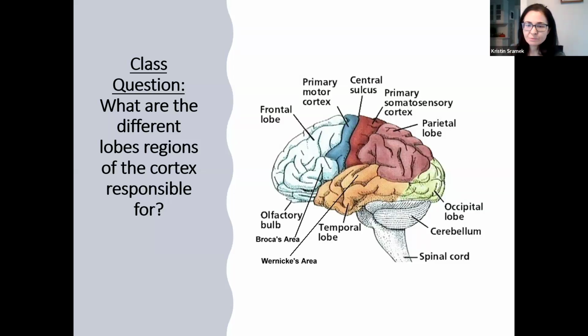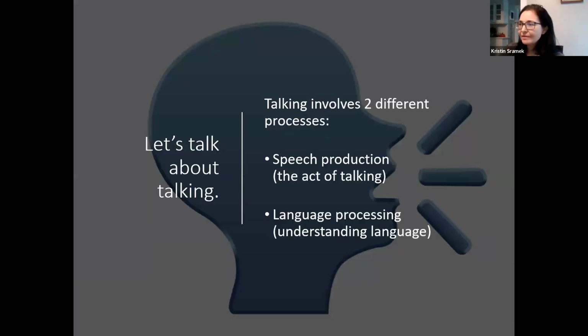All right, we have some other things marked here, but we don't want to jump the gun on that. I kind of want to talk to you about things. So we're gonna talk about talking. Talking involves two different processes, right? We have the formation of words or speech production, the actual act of talking. And then we have language processing, which is understanding words that are being heard, right? So those are two different parts